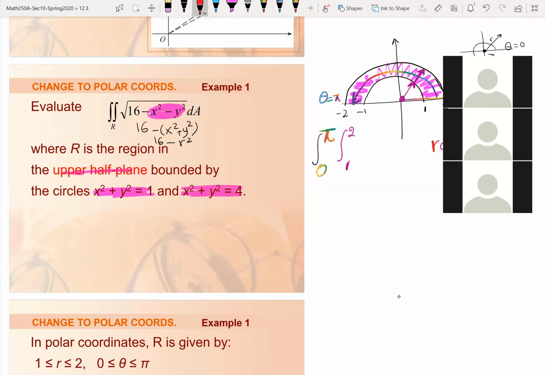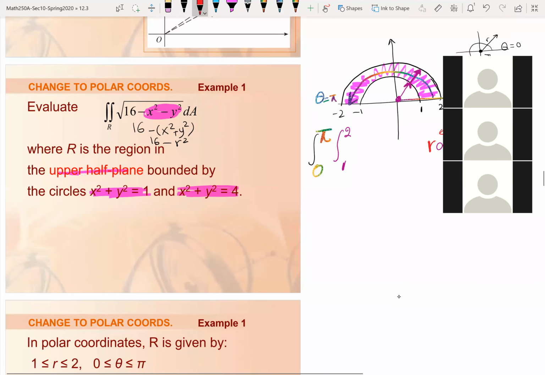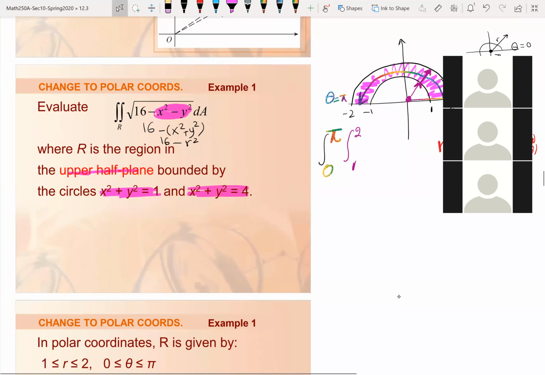So if you change any variable, like the u substitution that you have had in the other course, it actually has a Jacobian, but we didn't know that extra du is the Jacobian. Any changing of variable that we do in the integration has an extra factor of the Jacobian. So for this one, r is the Jacobian, or factor that you need to add for moving from the xy coordinate to the r theta coordinate. Okay,